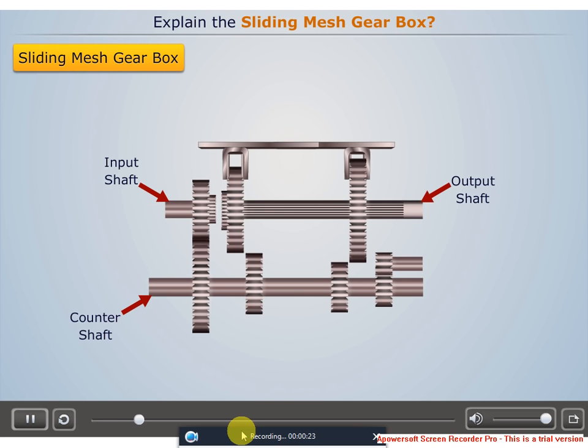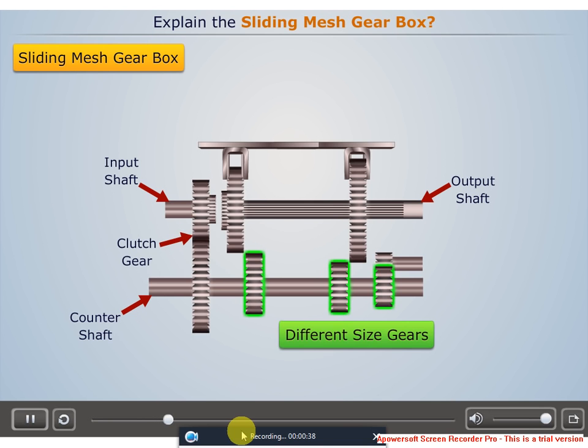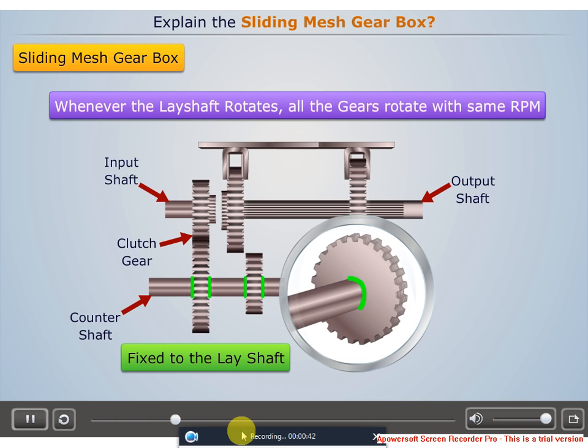The input or clutch shaft has a spur gear attached to its end known as clutch gear. This clutch gear is meshed with a gear on the lay shaft. Other than this gear, the lay shaft has three more spur gears of different sizes. The gears on the lay shaft are fixed to it so that whenever the lay shaft rotates, all the gears